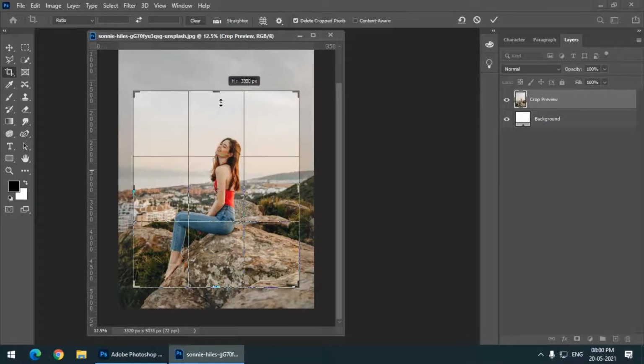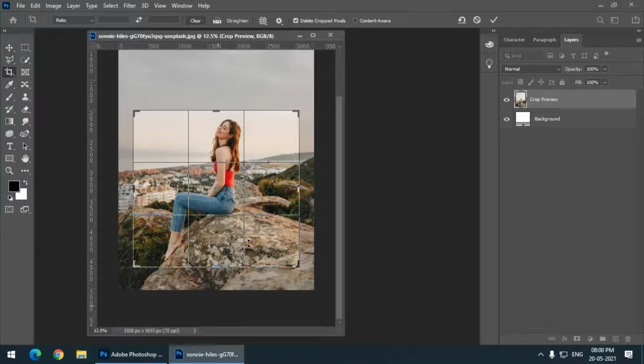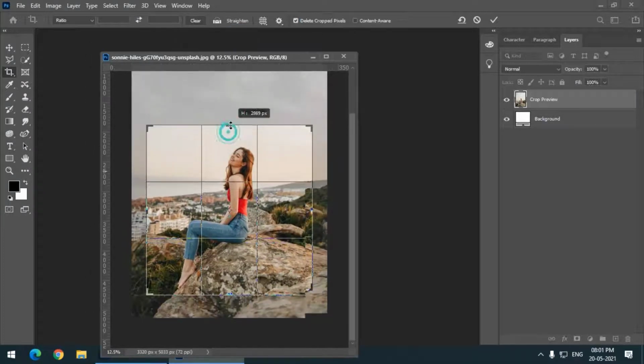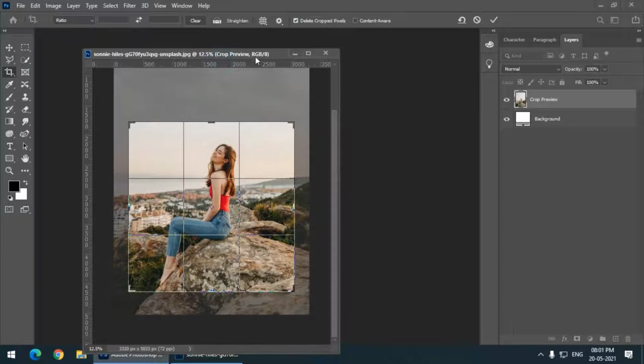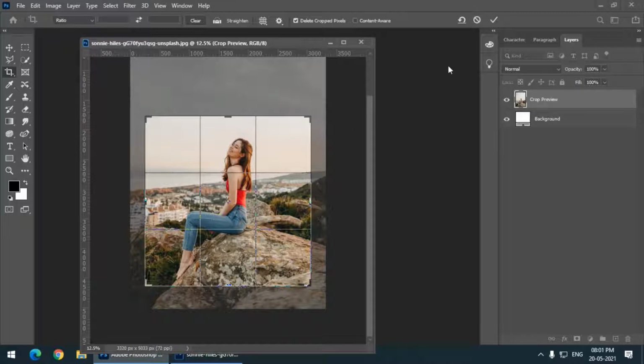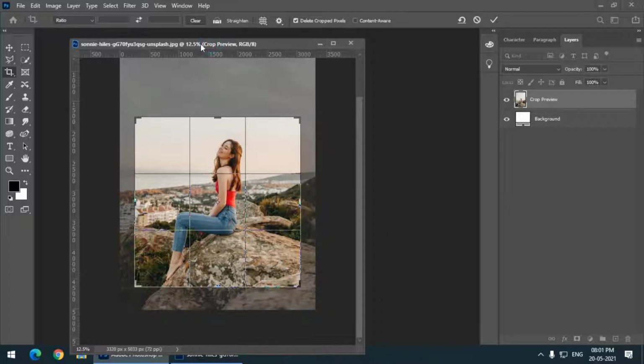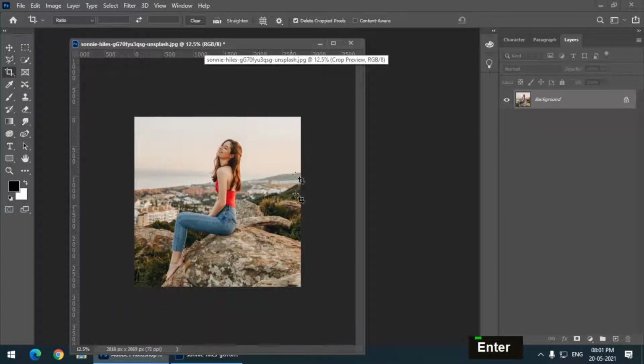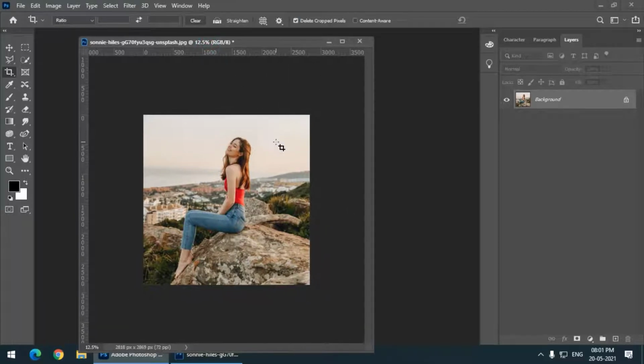You can always make changes on that area, and let's say if I want this area to be remaining here, I can simply click on this option, or I can simply press the Enter key or the Return key on the Mac. This will remove the remaining area from this image. So this is basically the crop tool. You can remove any unwanted area using the crop tool.